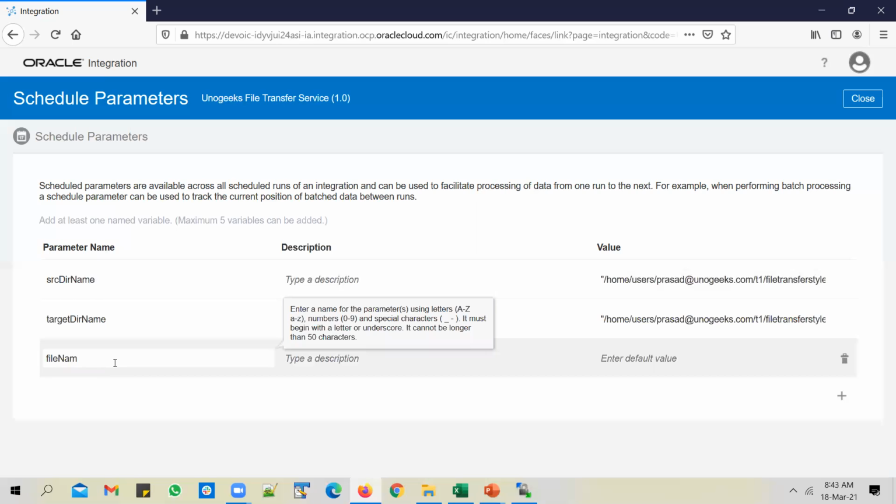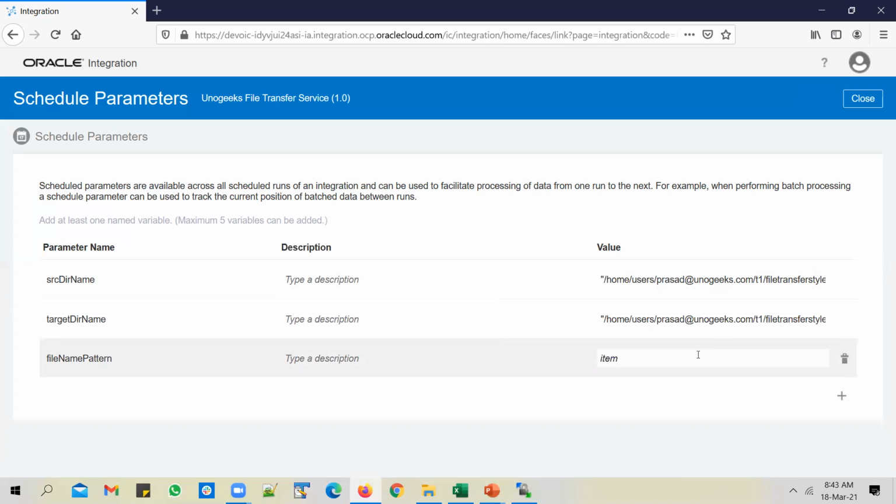And you can get the file name pattern as well. File name pattern, let's say items star .csv. That means I want to pick up all the CSV files whose name starts with items.